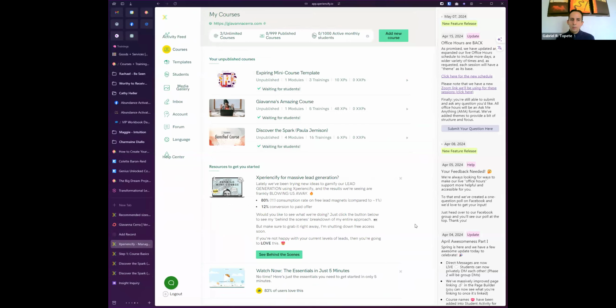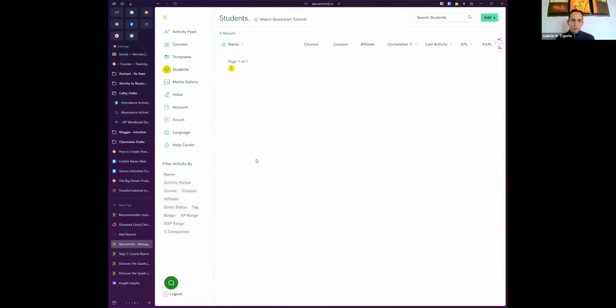The first one is by the order form. Once the students input the info, my name, my middle name, and my credit card, if that's the case, it's not obviously in your case. And the other way is by adding a student manually. So in this case, you will have to go to students and then click the add button,